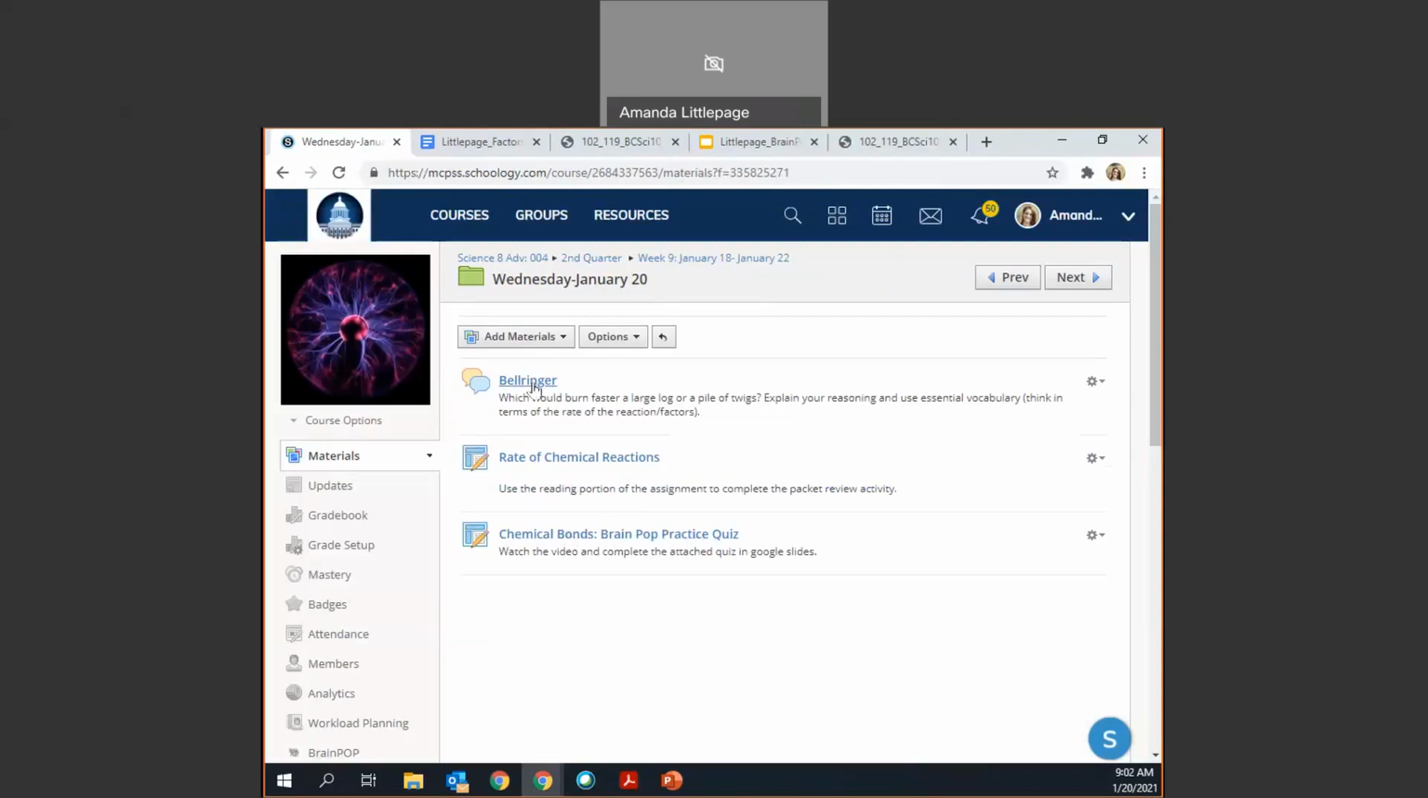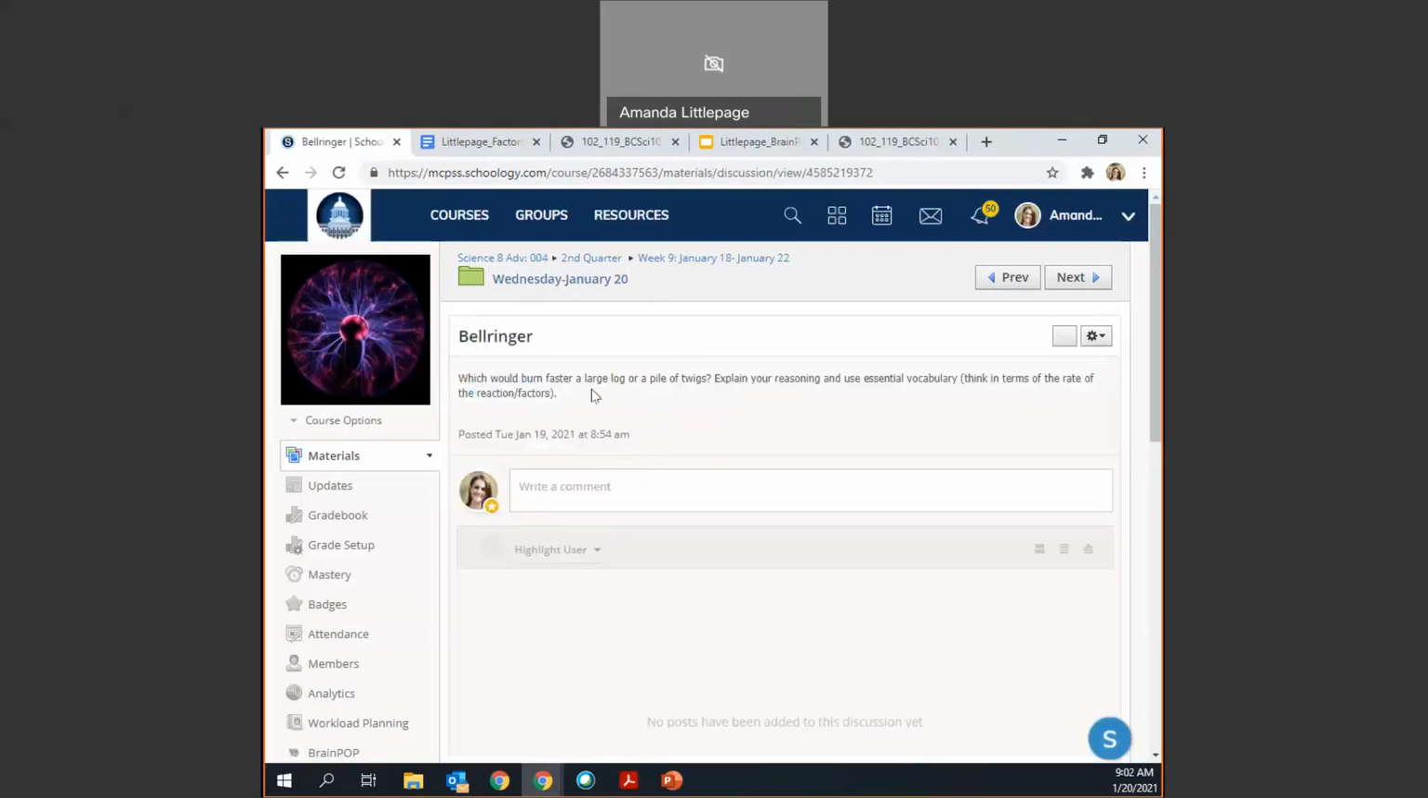We do have a bell ringer today, but the bell ringer asks you which would burn faster, a large log or a pile of twigs. Explain your reasoning and use essential vocabulary. So think about this and make your response. Which one would burn faster and why? Use your vocabulary terms. Think about the 4 factors we discussed. How does it relate to this particular question? And I will come back to this because this question actually relates to something we have in our study guide